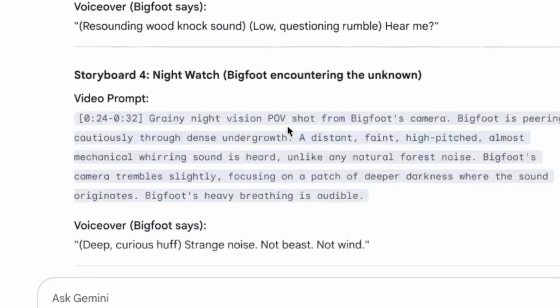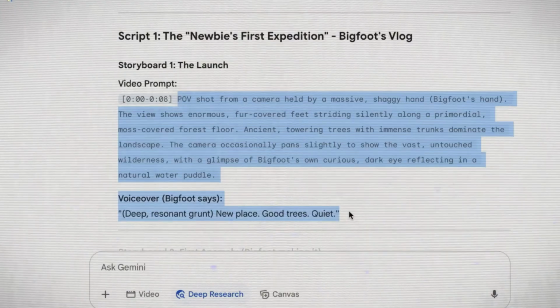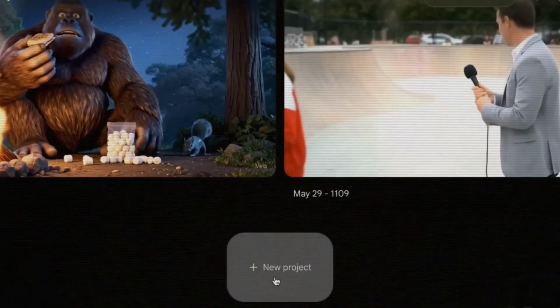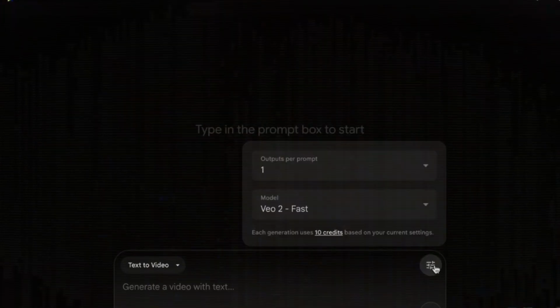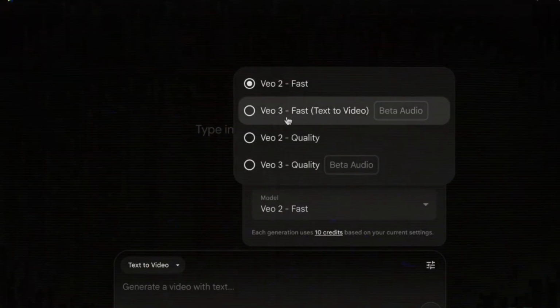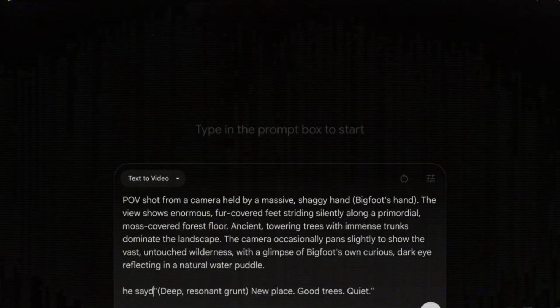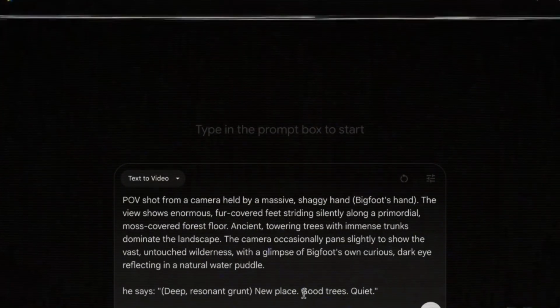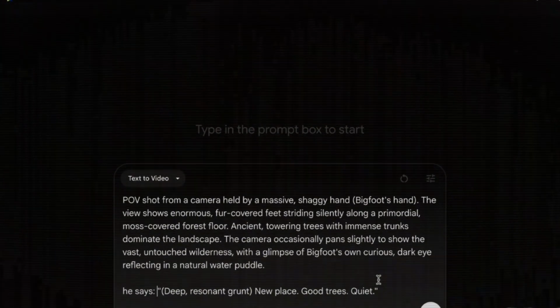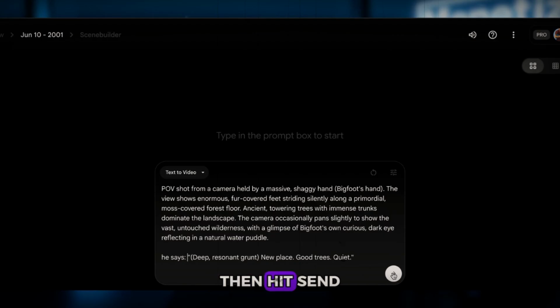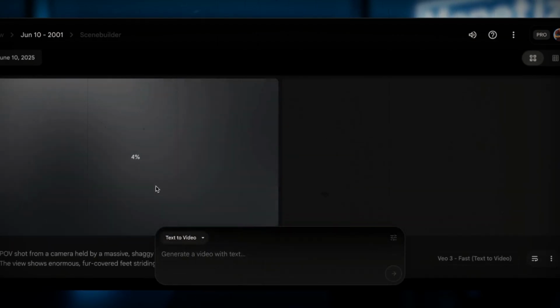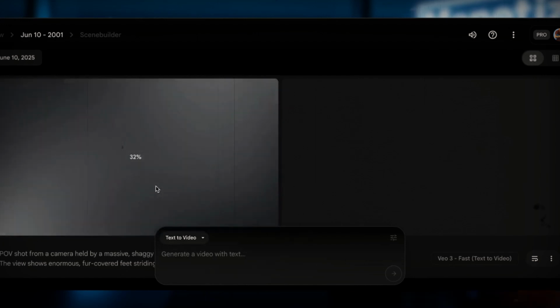Back to your prompts. Take every Veo 3 video prompt and go to Flow. Create a new project. Choose Veo 3, Fast Mode, Text to Video. Now cut and paste in your first scene's prompt. You'll need to take out the voiceover line from the text and instead cut and paste it below a new field called He Says. That way, the video generation engine can distinguish between what's spoken aloud and what's merely visual